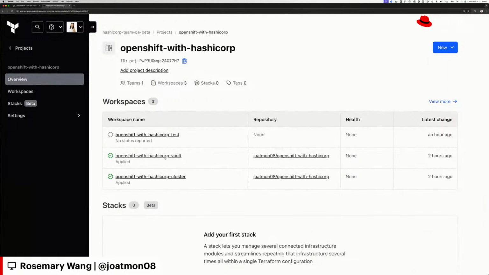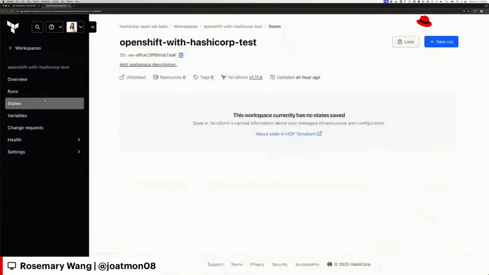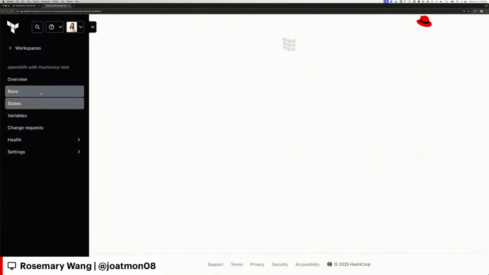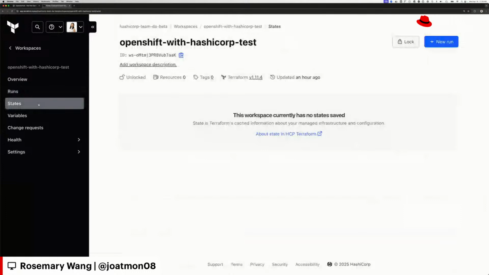A good example of this is this workspace was created with the operator, and the workspace includes a state. This is the only place in which the state is stored. We currently don't support the other backends for Terraform for a couple different reasons.